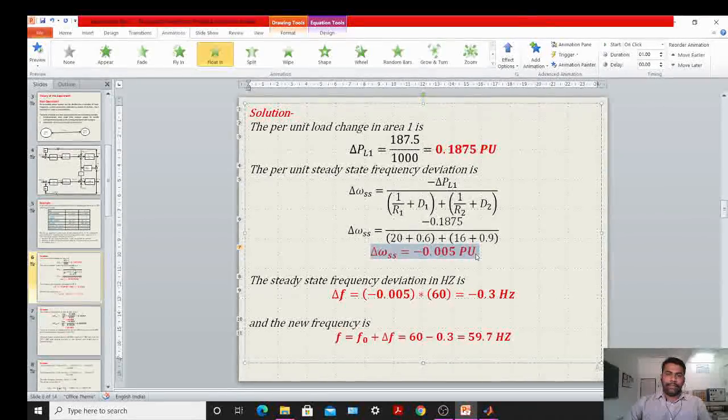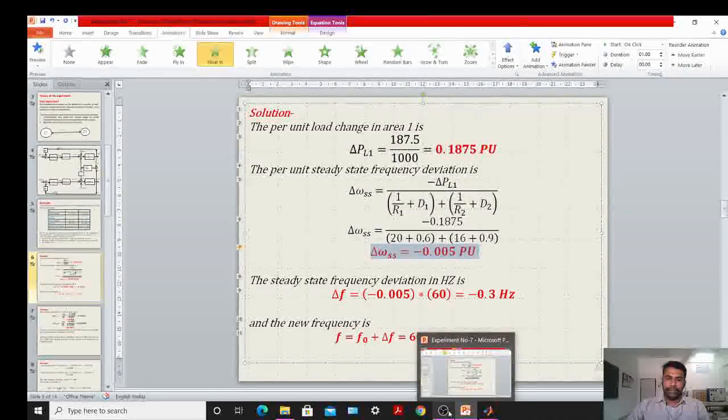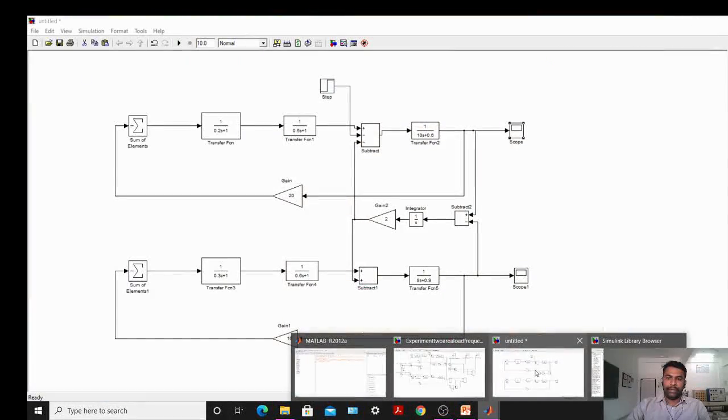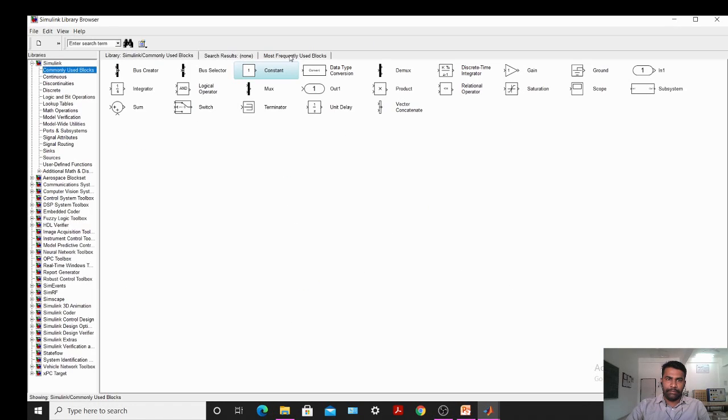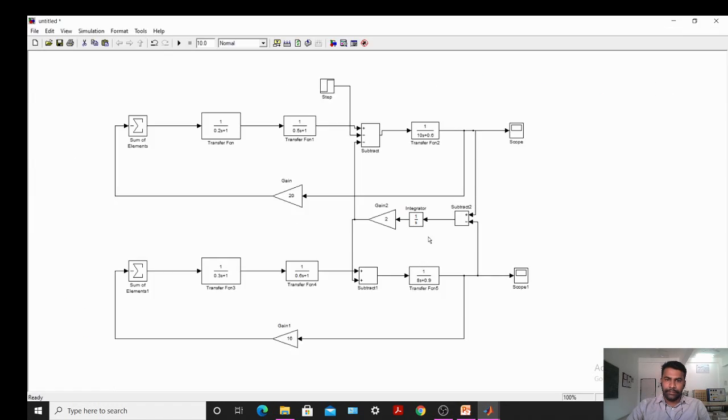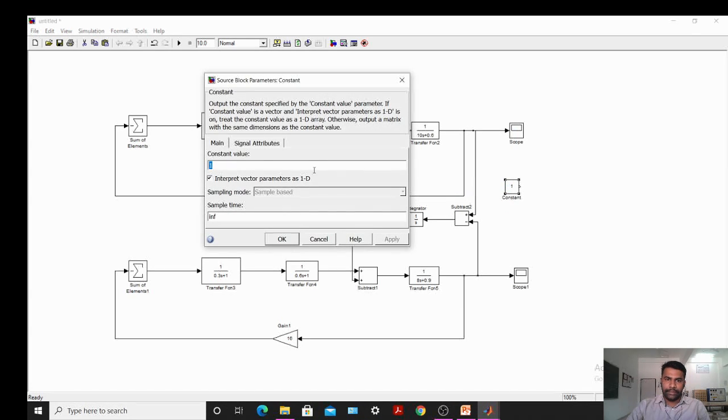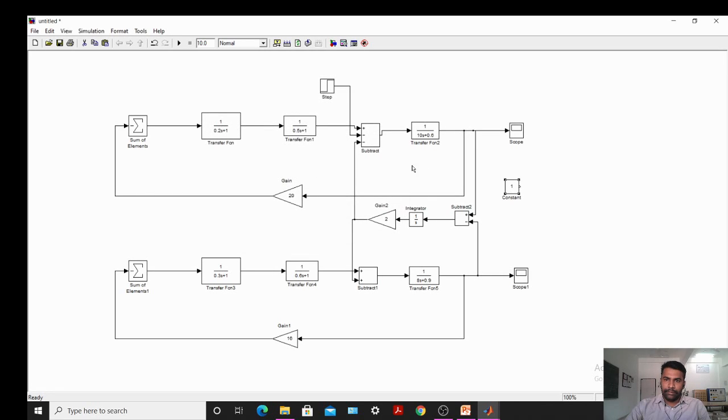After steady state, frequency deviation in hertz, how to calculate? By multiplying by 60. It is minus 0.3. So for that purpose we will require one constant block. So make this 60, put one scope to